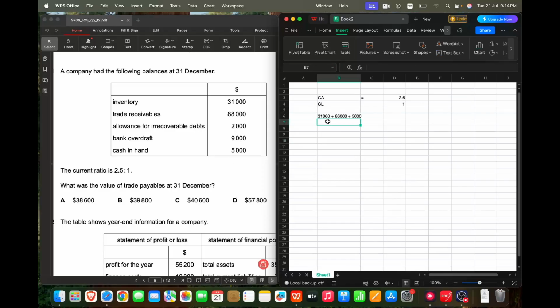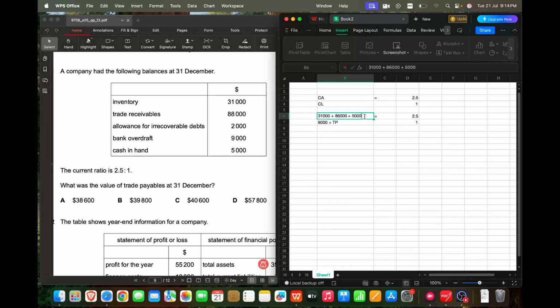Let's divide this by the liabilities, which are the bank overdraft 9,000 and trade payable, which is the missing figure. So let's write down trade payable for now, and this equals 2.5:1. Let's add all of this. So all of this is 122,000, and this is 9,000 plus trade payable, and then this equals